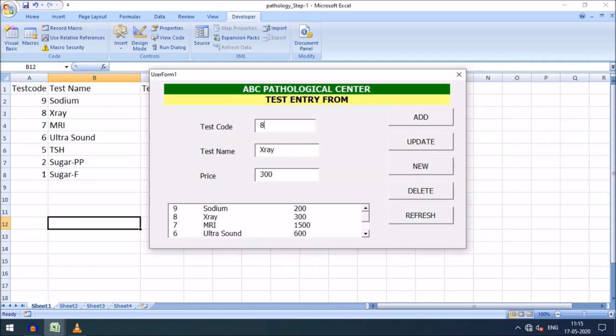added. You can see the test code here in the list box, that is 9, but when I clicked on the add button, the test code is displaying 8. So friends, if I click on the refresh button, it will display the current test code. So thus, friends, we have added the items in our last video, and now I have